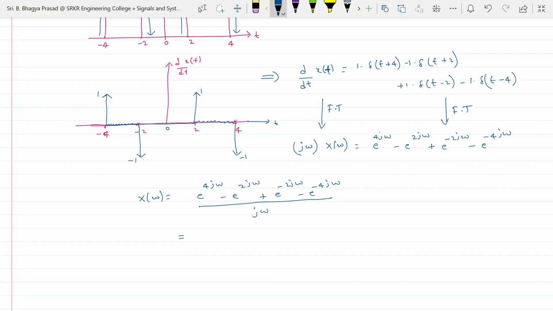So let me distribute this one. e power 4j omega minus e power minus 4j omega by j omega, plus e power... Okay, so let me write this minus here, minus e power 2j omega minus e power minus 2j omega by j omega. So splitting these terms,